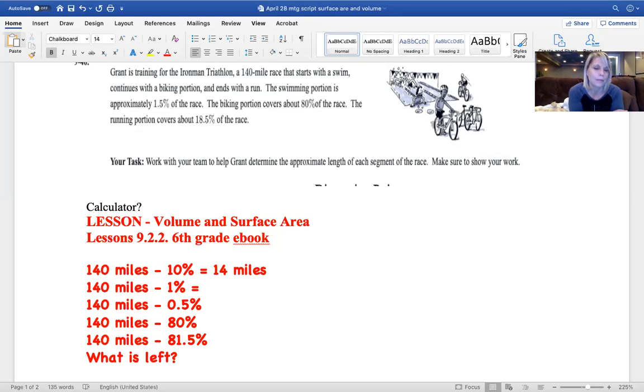So think, if 10% is 14, good. I see you guys are seeing what I mean. I know we've done stuff like this in the past. So 1% would be 1.4. So all we did is hop that decimal point back 1. 10% is 14, 100% is 140, 1% is 1.4. What's 0.5% then? If 1% is 1.4,